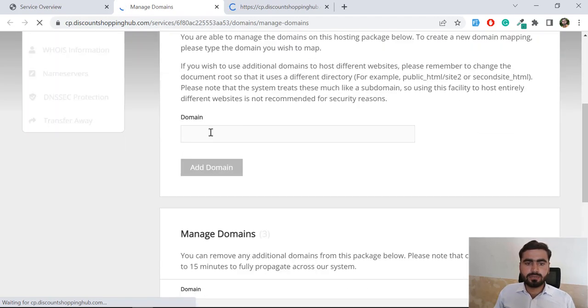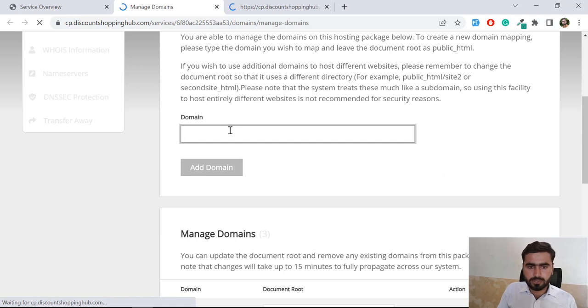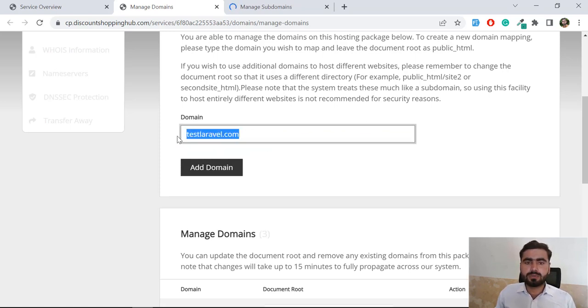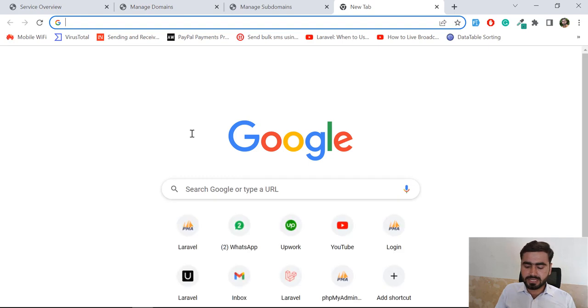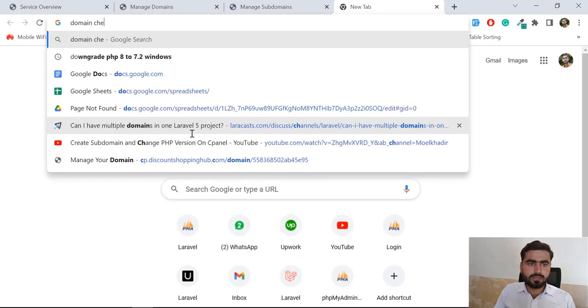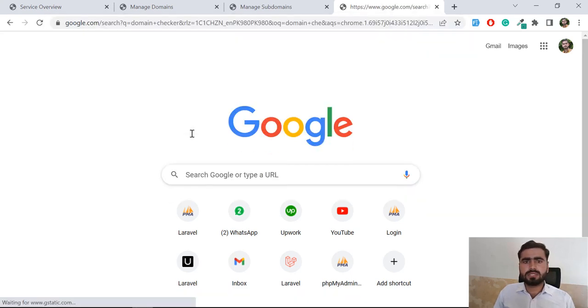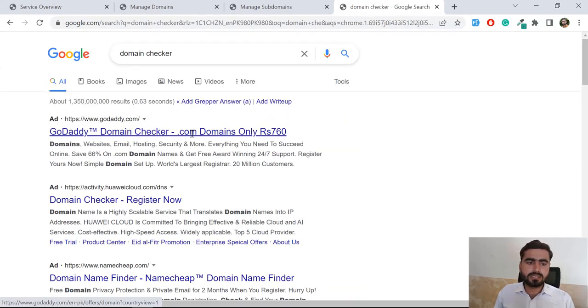So here you need to provide your domain. Like in my case I want to provide test laravel.com. I'm defining a very weird domain, and make sure that this domain is available in the real world. If you want to check that this domain is not occupied, how can you check that? You can check it by googling "domain checker". There are a lot of websites which are used to check the domain,